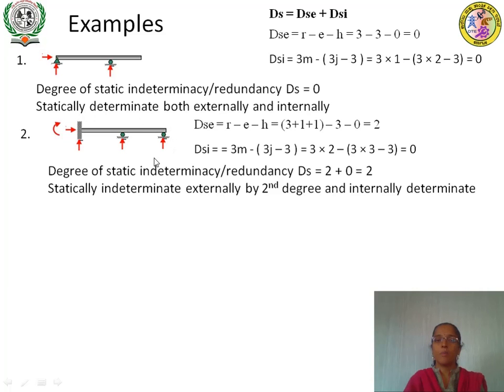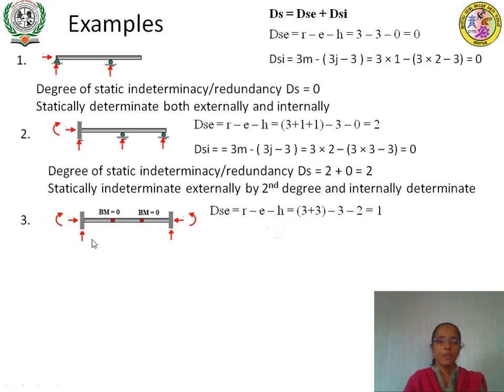Whether this structure is stable or not, definitely it's a stable structure. Why? This DSE is more than 0. Hence it's a stable structure. Okay. Next, the third case is a fixed beam wherein 2 internal hinges are provided. So for external indeterminacy, the total number of reactions is 3 plus 3, 6. 3 plus 3 minus available equations, which are 3, minus internal hinges. H is the number of hinges, 1, 2, 2 hinges are there. So 3 plus 3, 6 minus 3, 3